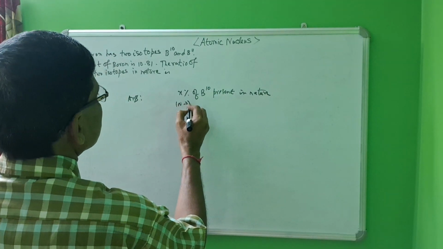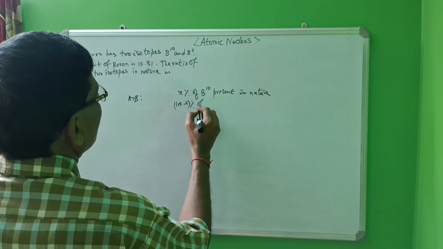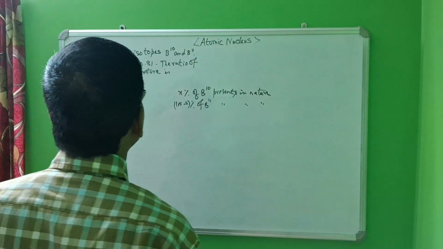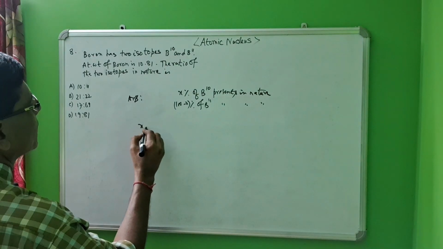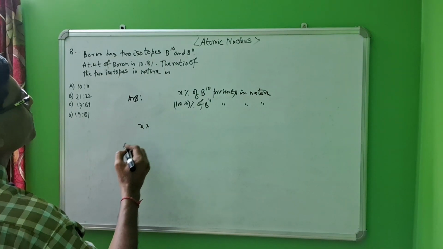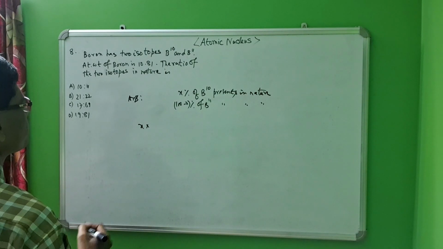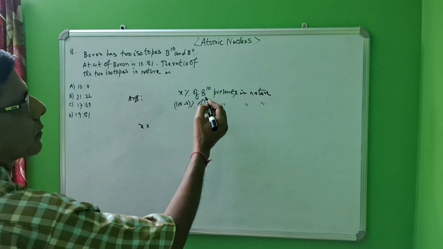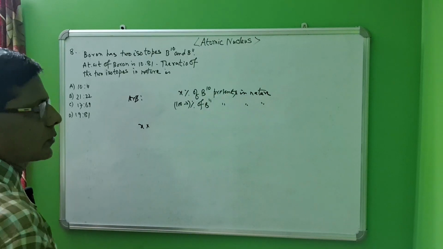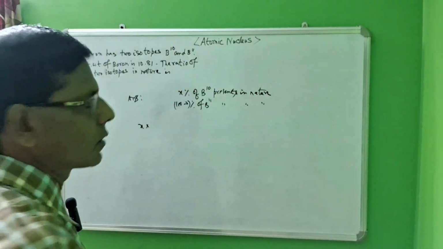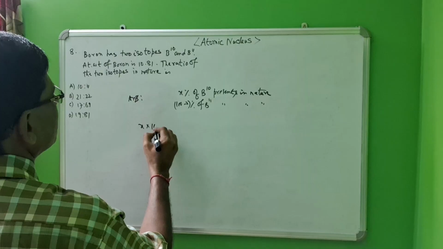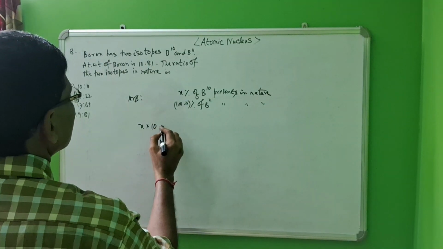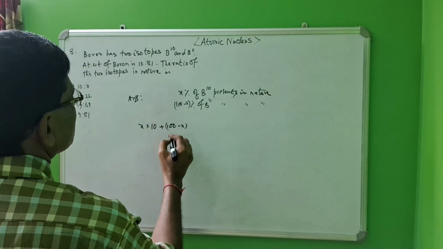So 100 minus x% of B11 is present in nature. So you can write x into 10, here 10 being the mass number of an atom of boron, plus (100 minus x) into 11,